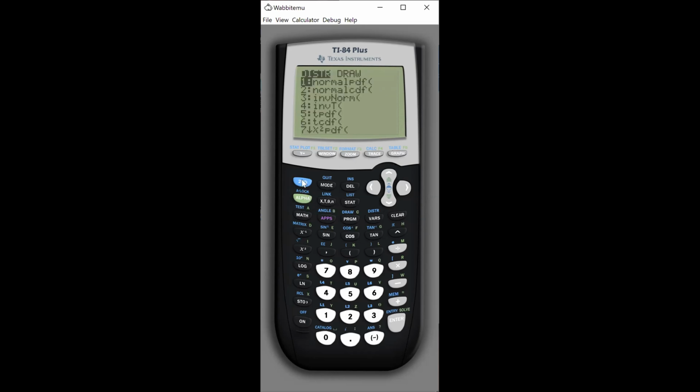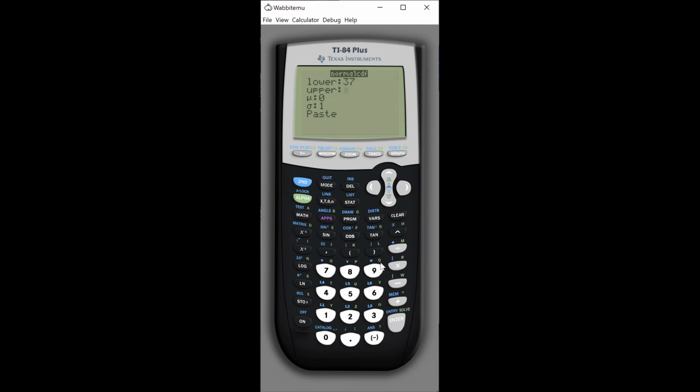All right, in case I did it too fast, let me do it again for you. So you go to second, VARS. And if you look right here, you can pick normalcdf. They're asking me for the lower bound. Our lower bound, we said, was 37. So we'll put 37. The upper bound is